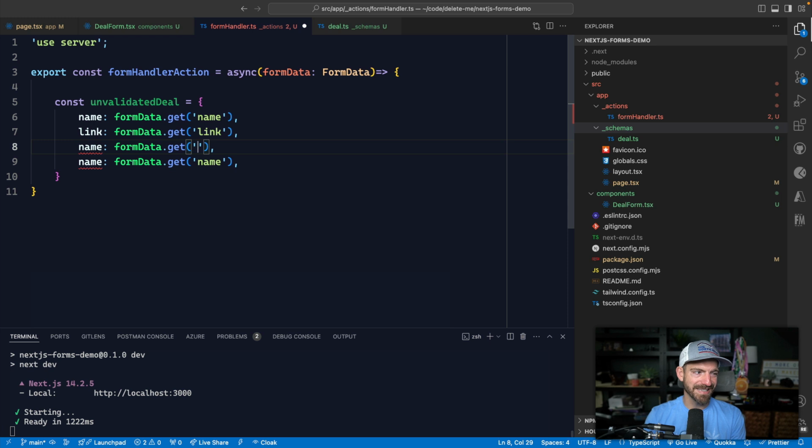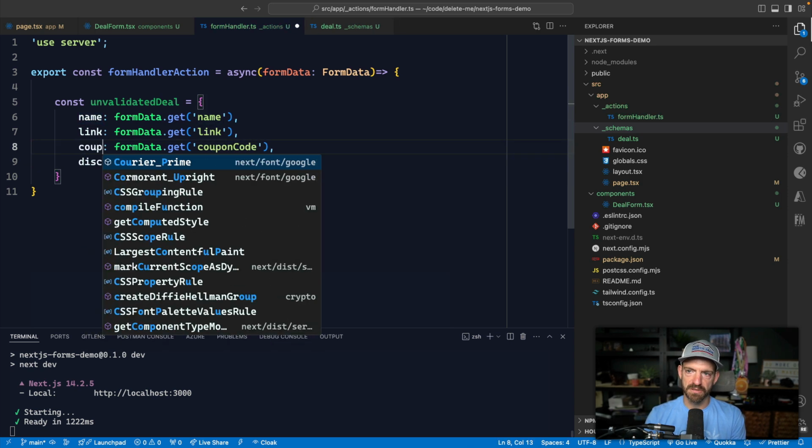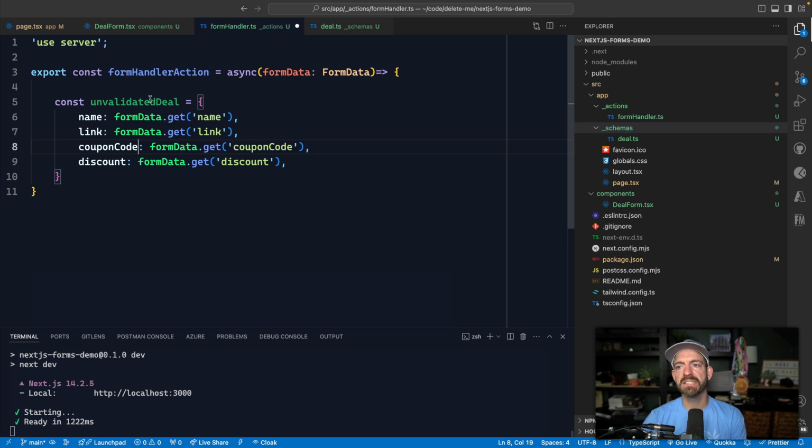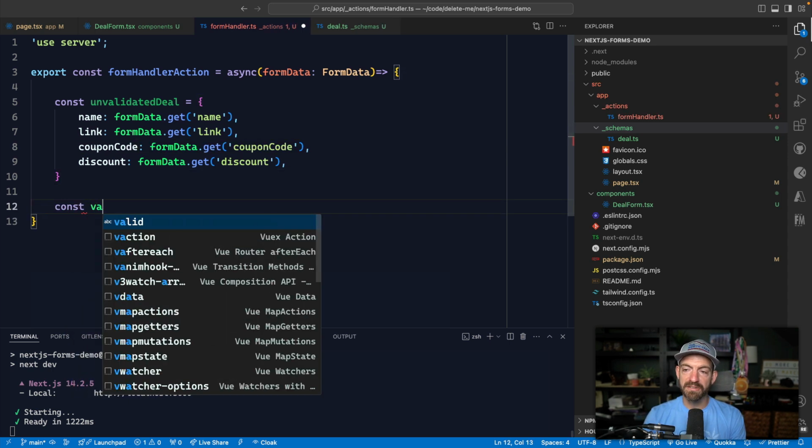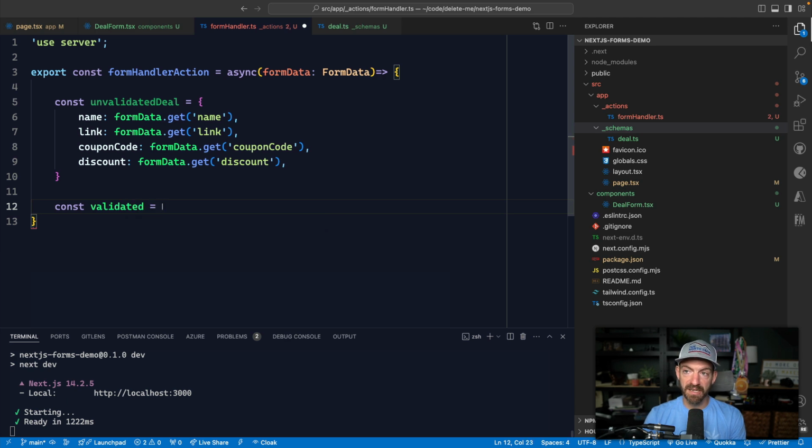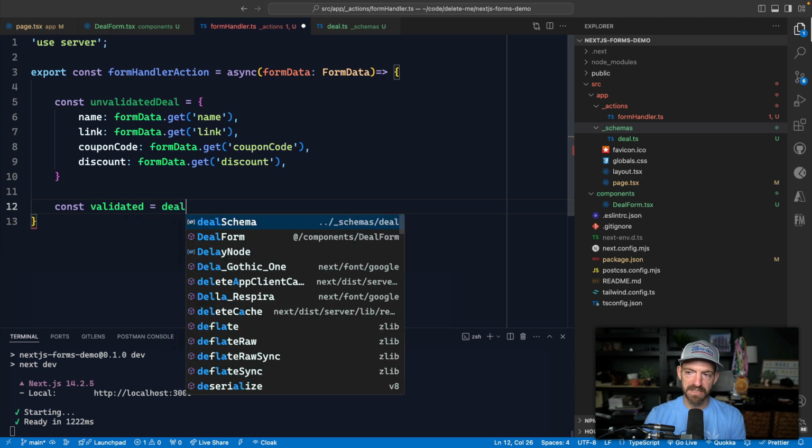This one is coupon code. This one is discount, and then we'll go and get the keys as well. Discount and coupon code. All right, so this is the unvalidated data. Now we want to get the validated response from Zod, and so we're going to import our schema, deal schema,